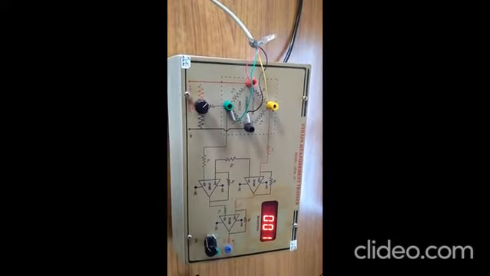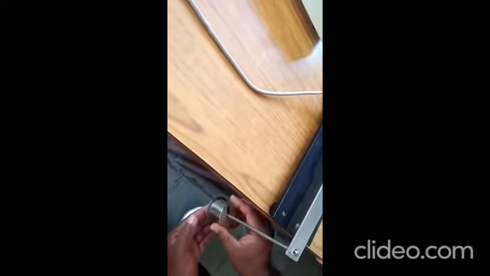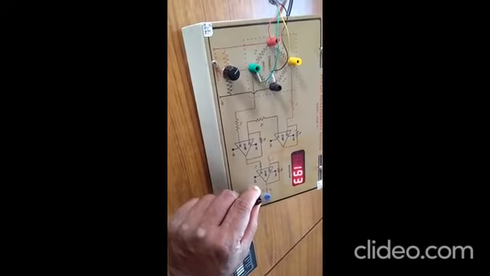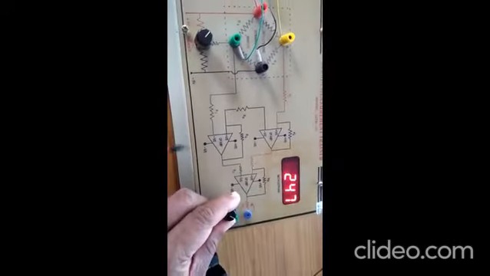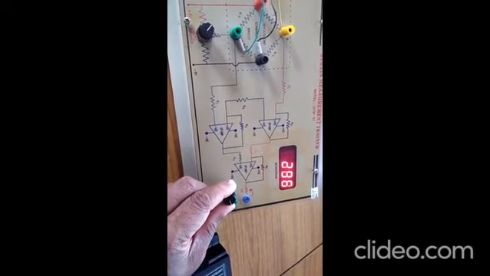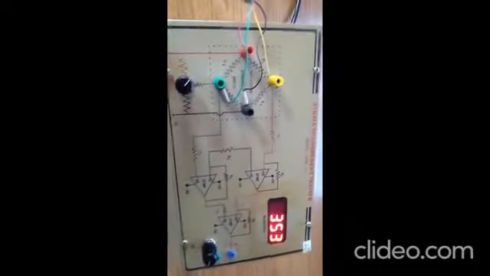See, I am again adding the loads. Again adding the loads. By using this calibrating knob, we can adjust the reading. So this is a cantilever beam. By adding weights, we can take the readings. So these are the readings.